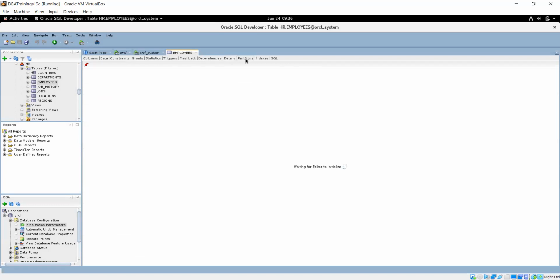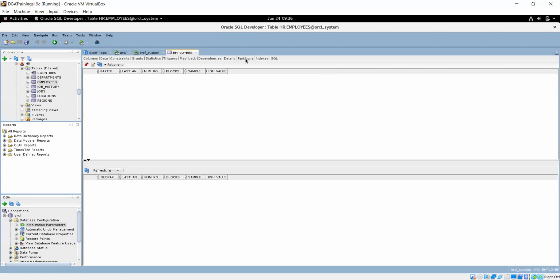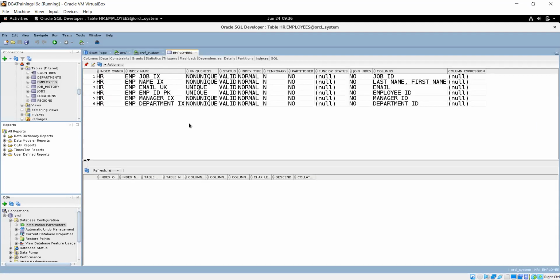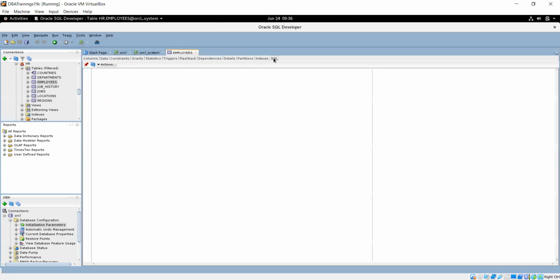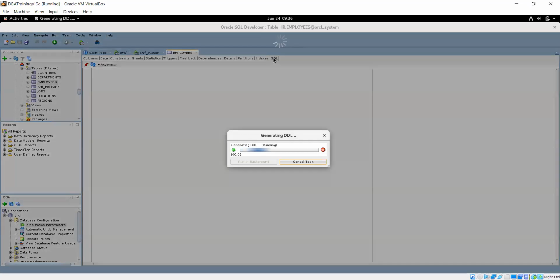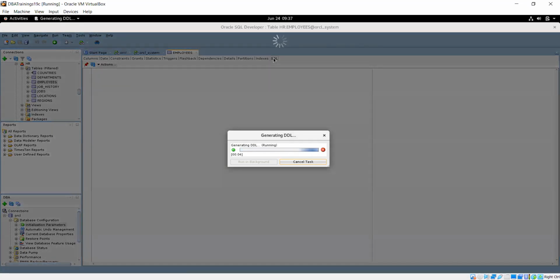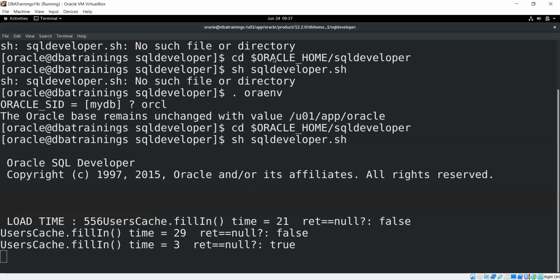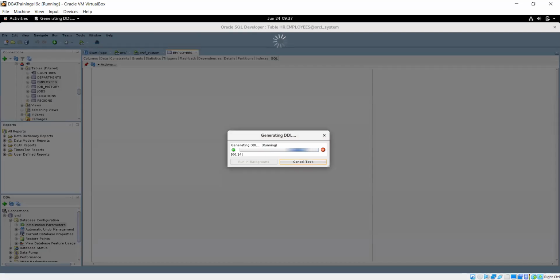If the table has any partition, here we don't have, but you can see that. All the indexes on the table you can see. And apart from that, if you want to run anything against that, that is also possible. So these are some of the tasks which you can perform via this tool.